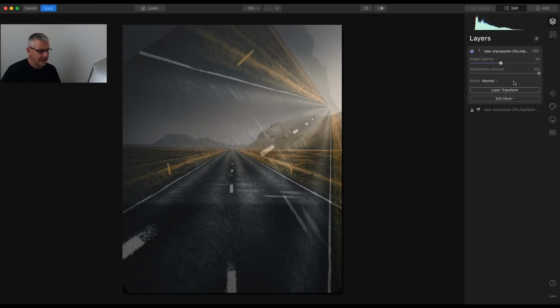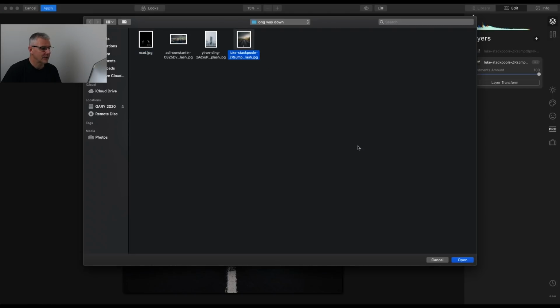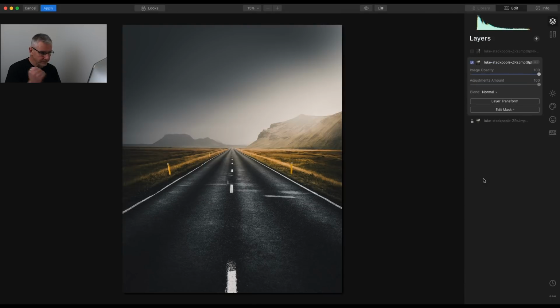I am then going to turn that layer off. And what I'm going to do is go back to this layer, and then I'm going to add a new image layer. And again, I'm going to grab that one there, click open, it will drop on top, and I'm going to go through the same process again. So what I'm going to do is drop the opacity so that I can see the underlying layer, and then